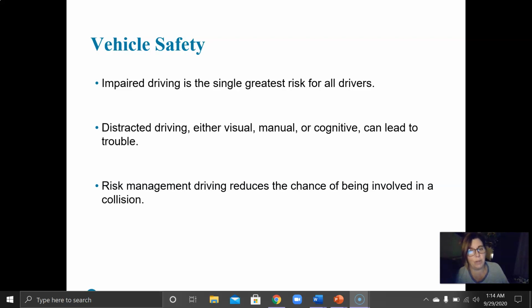Mindfulness. Avoid aggressive driving. Drive with your low beam headlights on day and night. Drive defensively, not offensively. Drive defensively like other people are going to have erratic behaviors. Obeying the traffic laws and wearing your seatbelt.